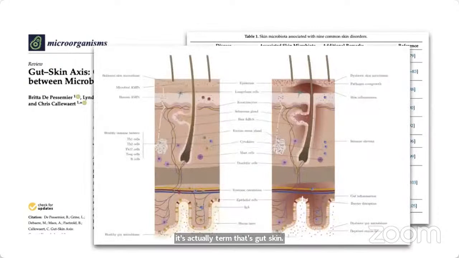And for example, how this is related: the intestinal and the epidermal barriers are connected through the circulatory system, as we know, and are visualized here in a simplistic manner, right?